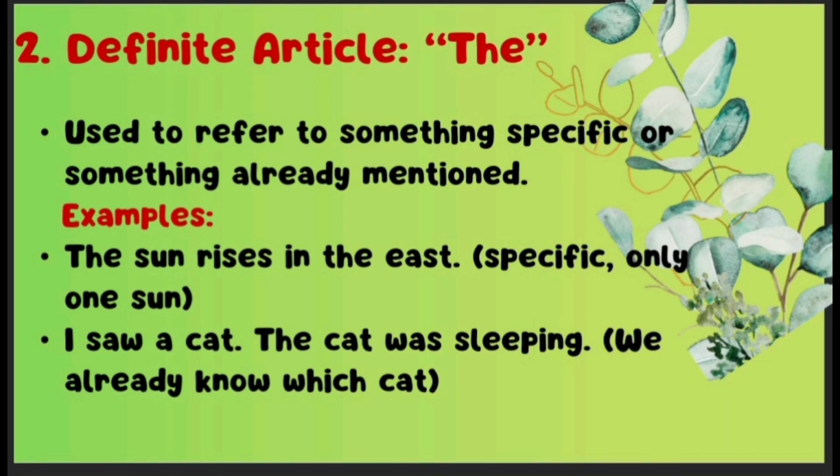The second example is, I saw a cat. The cat was sleeping. We already know which cat. Here he already mentioned, I saw a cat. Then the second time he is mentioning the same cat, so he already knows about that cat. That is the reason when we make a second sentence, we use the article the. The cat was sleeping. So the same cat is sleeping. That is the reason we are mentioning the